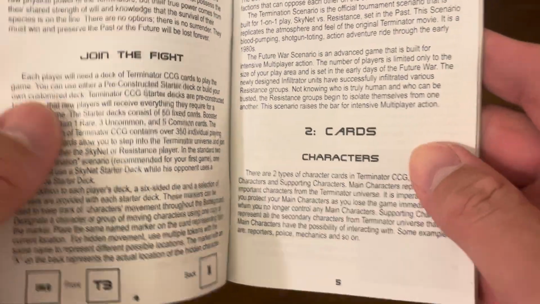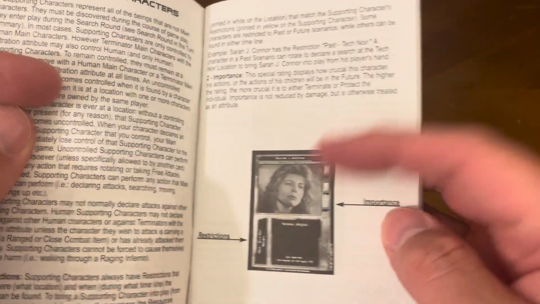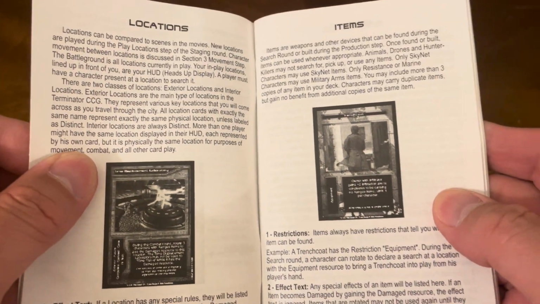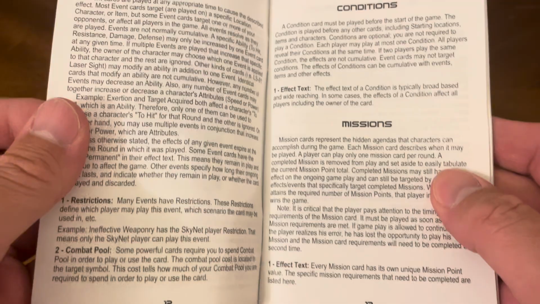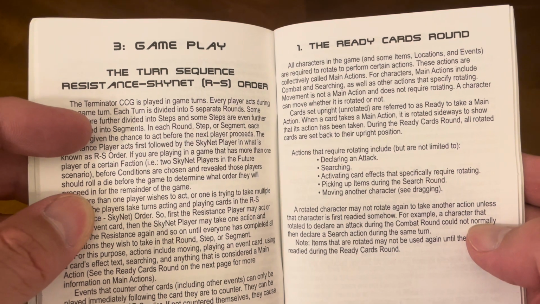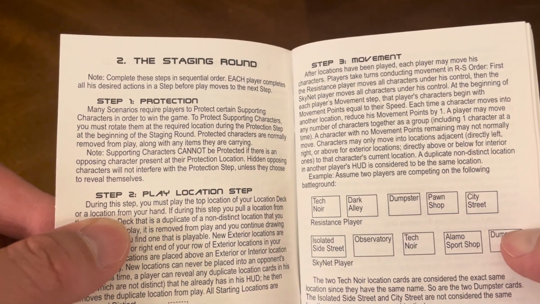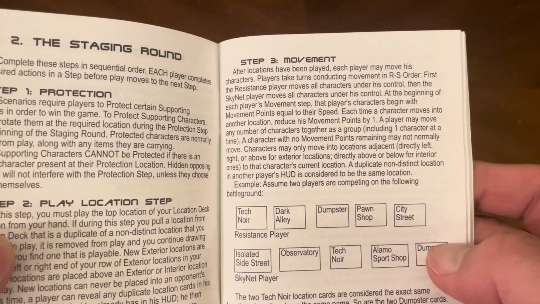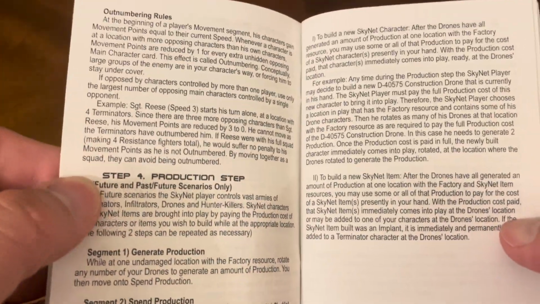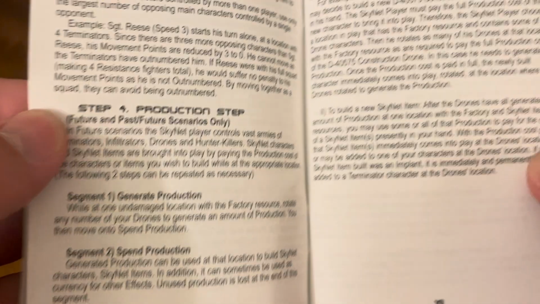Join the fight, cards and characters, main characters, breakdown of how the cards are, supporting characters, again looking at the cards, locations, items, missions, conditions, events, gameplay, the turn sequence, resistance shot, Skynet, the ready cards round, the staging round, step 1 protection, step 2 play location, step 3 is your movement, step 4 is your production step, segment 1 generate production, segment 2 spend production,